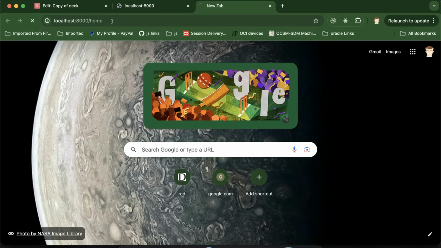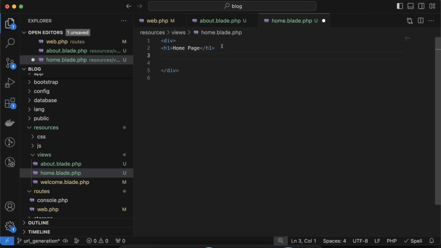So now let's say you want to get the current page URL. So maybe you are on the home page, right? This is the home page and you want to see what is the current URL, right? Then how you can get it? So for that, what you can do, you can just simply use, okay, let me just add there h3 tag. Inside this will show the URL, right? You can use double curly braces and use URL colon colon current, and this should be a function. And now you will see you are getting the complete URL there, localhost and 8000 port and this home